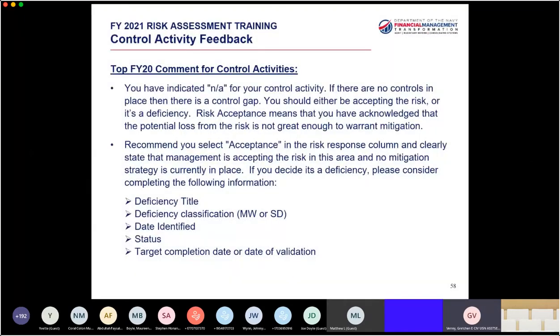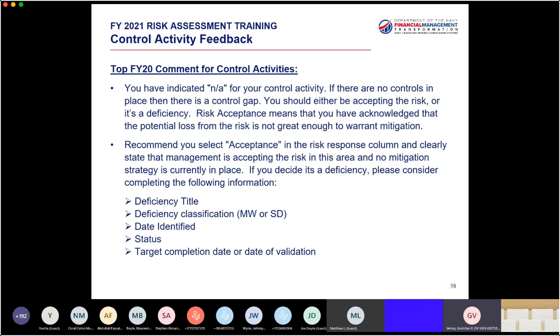Okay, so now we're going to talk a little bit about common feedback for control activities. We had a lot of individuals indicate NA for a control activity. And so a lot of our feedback has been, well, you've indicated that you don't have a control in place to mitigate this risk. And basically that means that you have some sort of a gap in place.